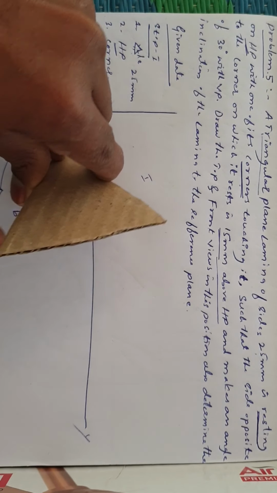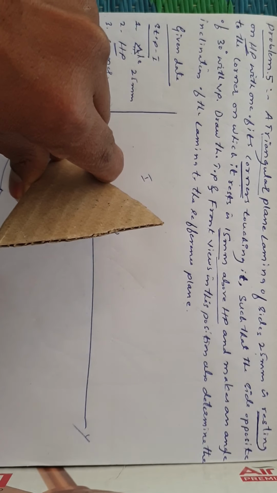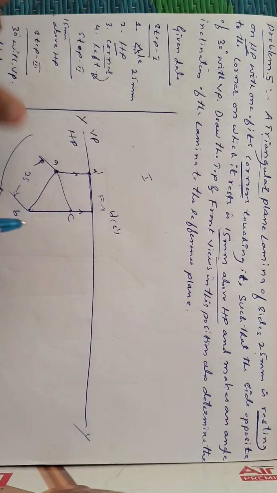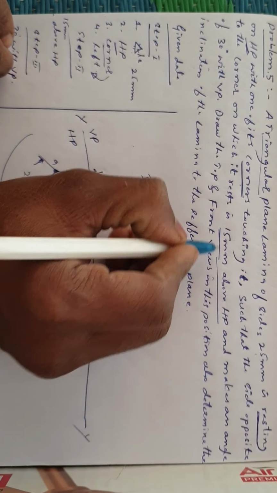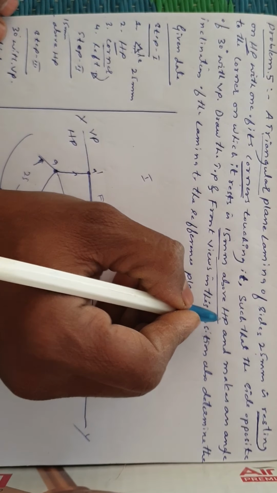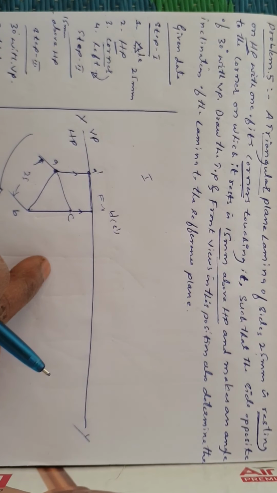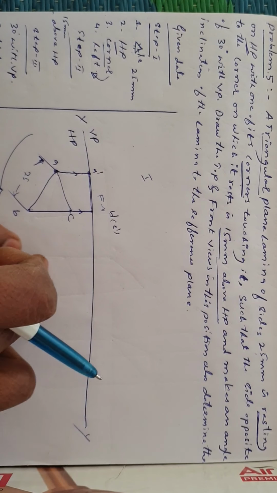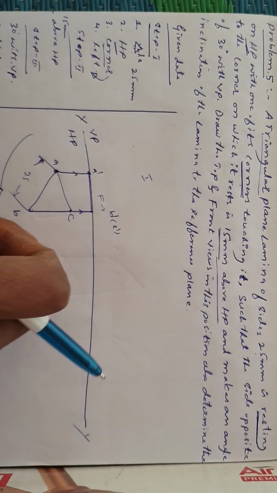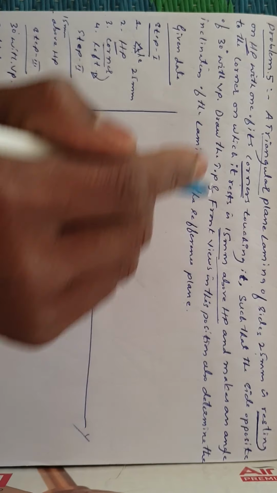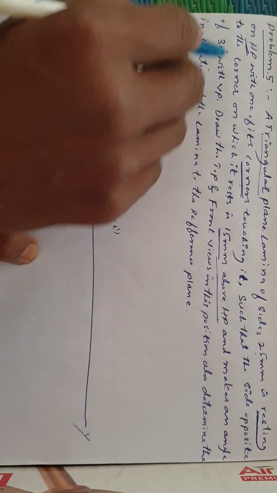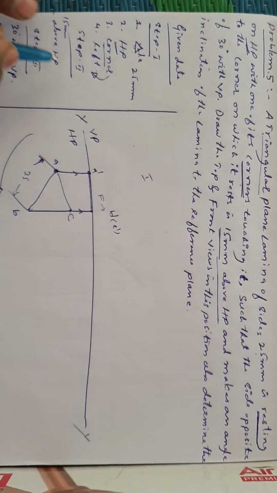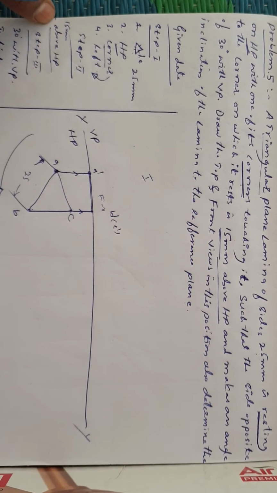This HP angle is not given. The above HP distance is given. So the condition given is that the opposite side is 15 mm above HP. For the second step we require the HP angle. The HP angle is not given, but the above HP distance is given. In the second step the HP angle is absent, and instead a condition is given: the side opposite to the corner on which it rests is 15 mm above HP.